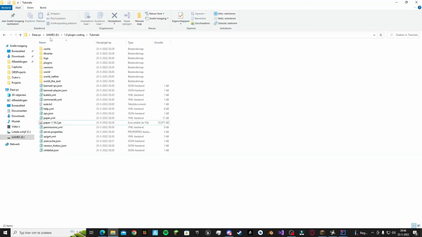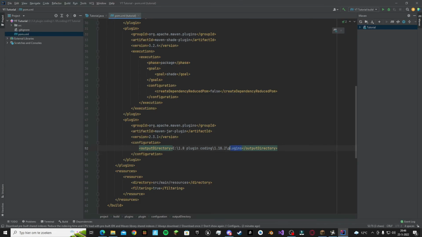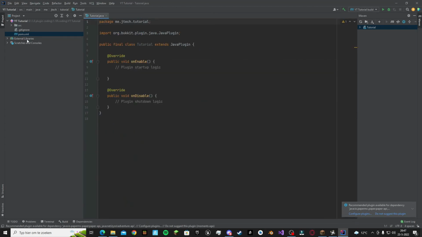So what we're gonna do is we're gonna go to our server here. We're gonna go to the plugins folder. We're gonna then click this and copy the path, then highlight this and paste it in, and that should work fine. So we're gonna save all, or Control S, and then click this little Maven reload button, and you can save again if you want. So we're gonna close out of that, and we're gonna open source, which is just all your code,